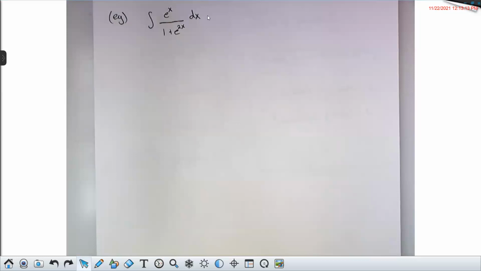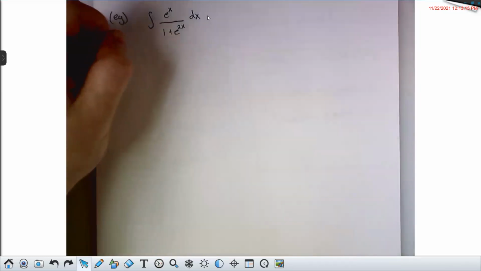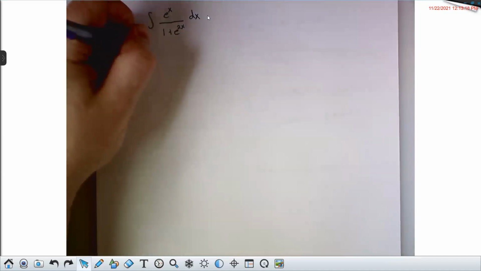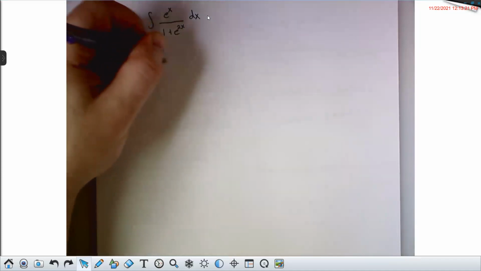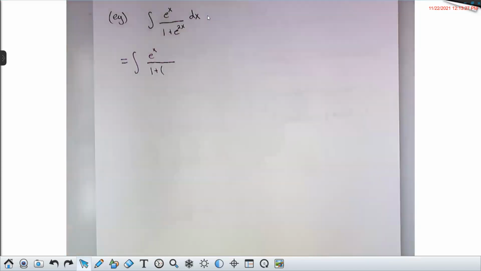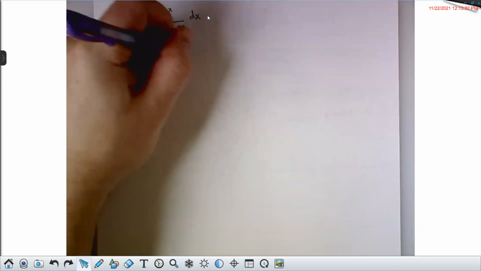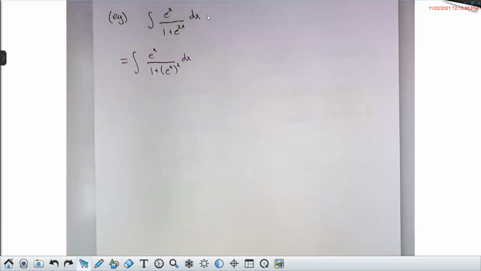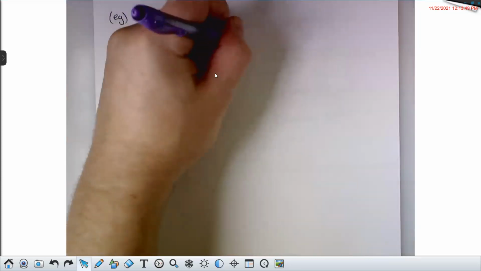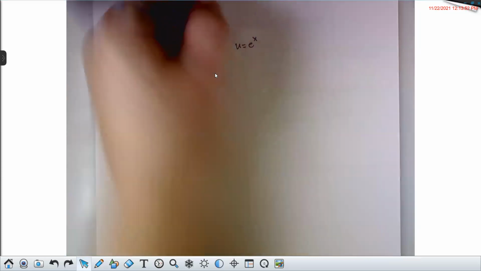Very good. And in fact, before I even attempt that substitution, I'm going to use an algebra fact to make the substitution a little bit easier to see. e to the 2x is the same as e to the x, squared. All right, that's how exponents work. a to the b, all to the c is a to the b times c. When you raise a power to a power, you multiply the powers. I think from here, it's pretty easy to see that we want to substitute u equals e to the x.